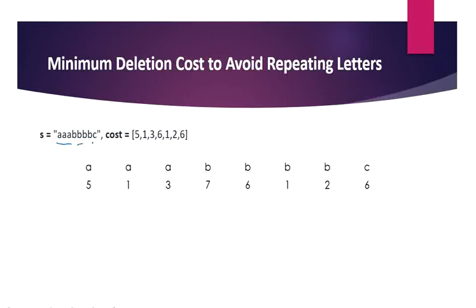So this is how it looks. In this case, let's apply our same algorithm here and check whether it works or not. So we start from the second character. Here is our I. Let's compare A and A. They are equal, so we have to check which of the cost is minimum. Here the cost minimum is 1. So we'll take 1 as our minimum cost